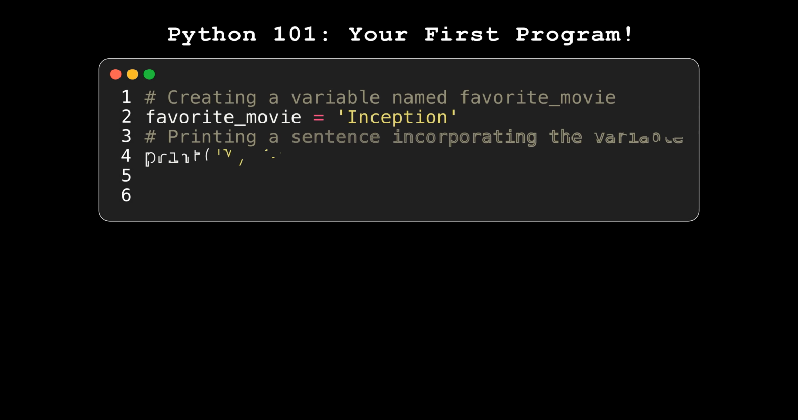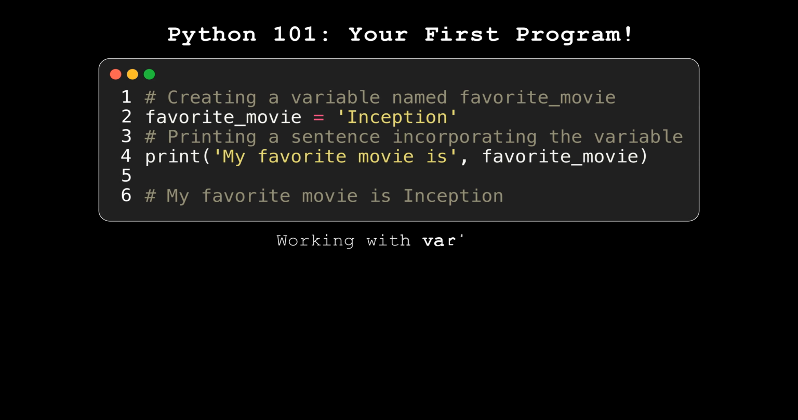Now let's learn an important fundamental in programming called variables. Think of variables as containers that can store information, which you can use later in your program. In this example, we created a variable named favorite movie and assigned the value inception to it. When creating variables, we use an equal sign to store the value on the right to the variable named on